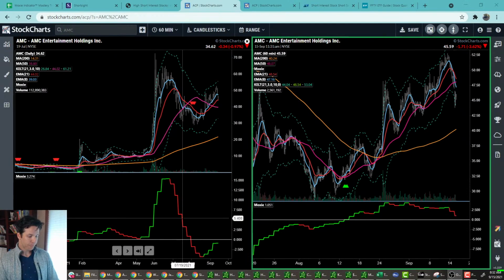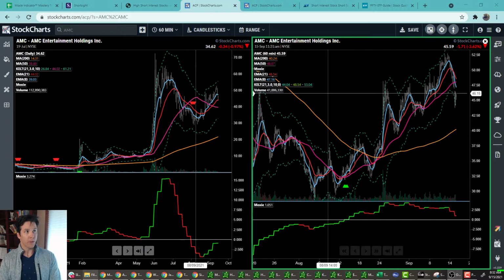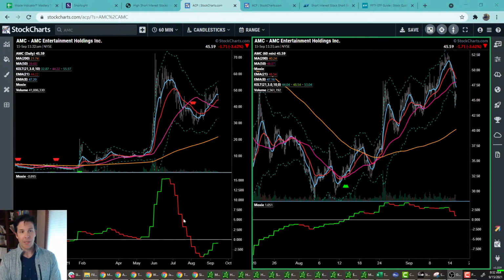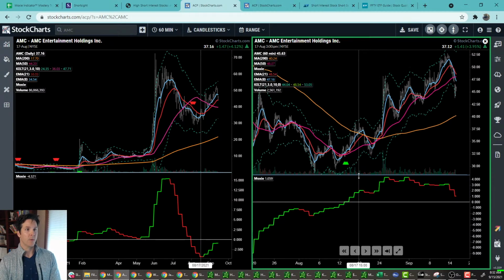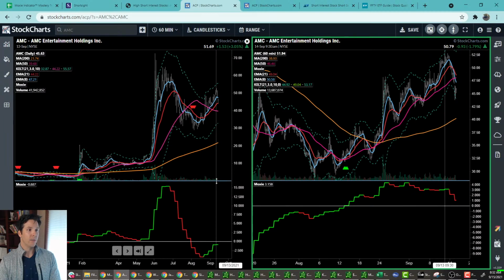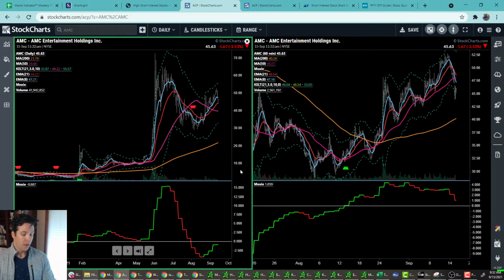And so with that, I could show you a little bit of how it looks. Pretty much it's the same thing as what we had on Thinkorswim. That's the good thing, that the Moxie indicator was able to be built and translated over to stockcharts.com just fine, and I'm pretty happy about that. I can move things around. I've been playing with it for the last few weeks, trying to get familiar with it. And what's nice about this, and I know a lot of you traders out there are interested in it too, because